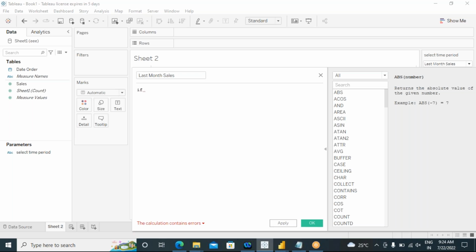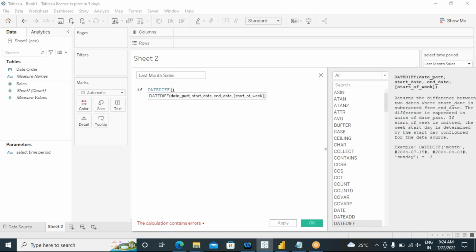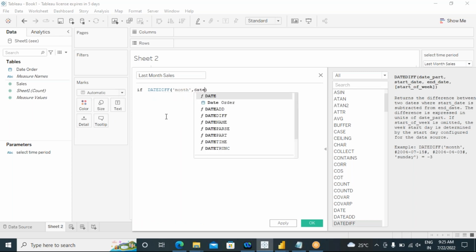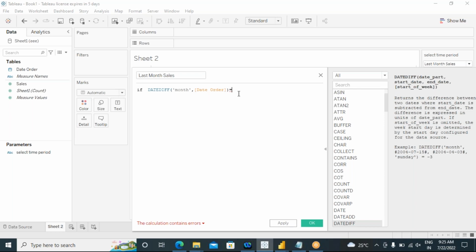How can I write it using the date diff function? If DATEDIFF. Here I can write it: month. This is for month, right? Just mention month, comma. Sales, Order Date, right? We need to select the date field. Okay, date field is final. Is equal to